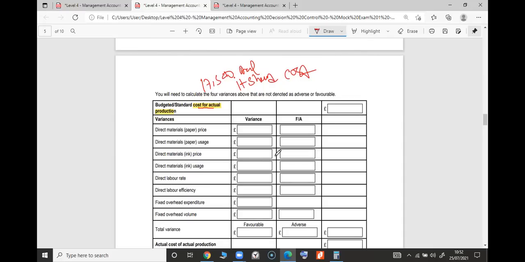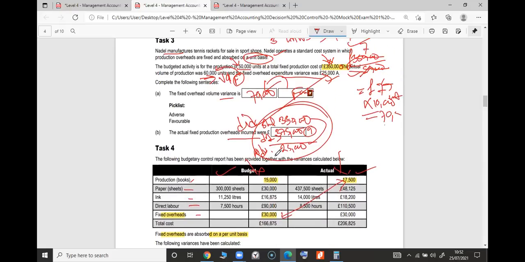This question is, I would say, a little generous. So I'm going to test your knowledge, just hiding these things. Can you please just hide the bottom things. I'm just asking you on ink. Tell me, is this favorable or adverse? Do the ink for me. I'm testing your knowledge. Ink, 11,250 is the standard, and this is the standard cost. But actually 14,000 is taken. So give me the ink price variance. Is this price favorable or adverse? I'm asking for the price variance. Ink price.